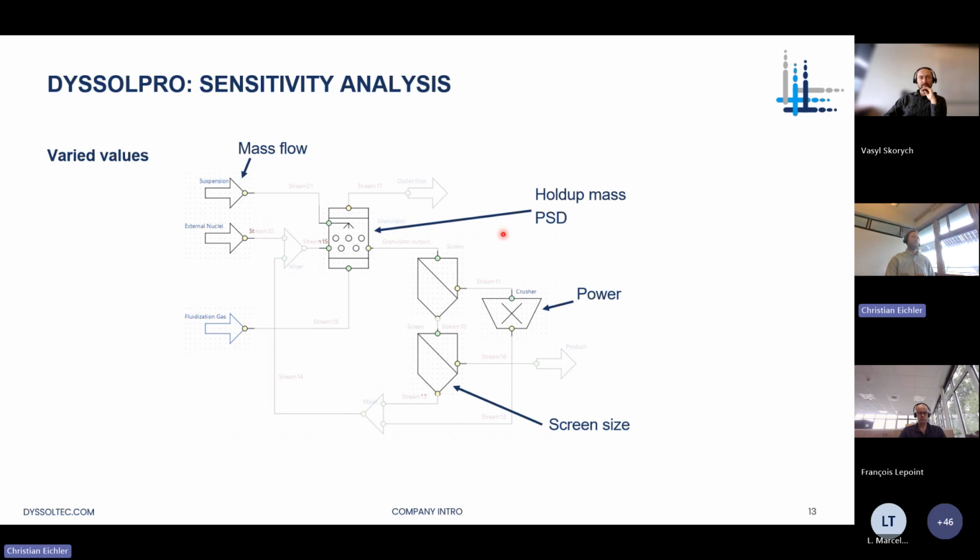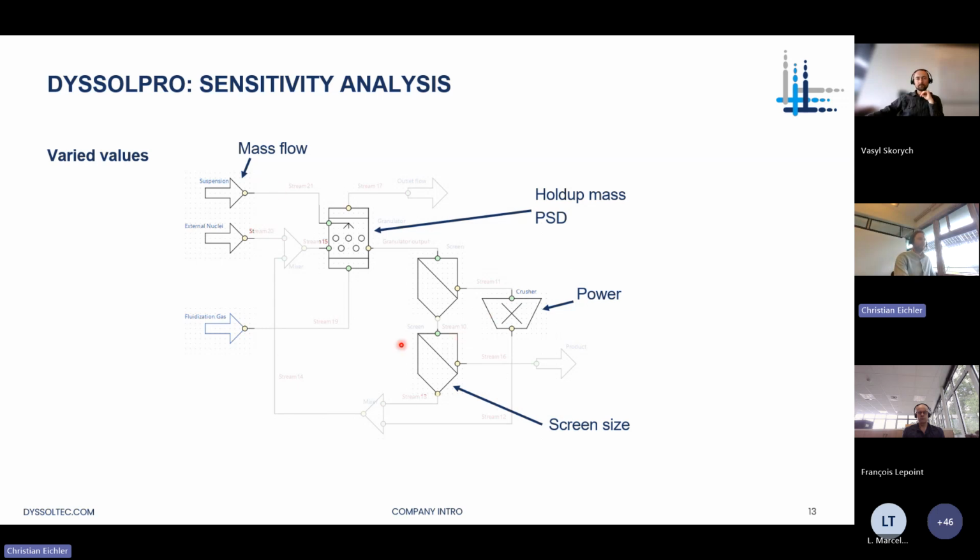Also, you can set the parameters of your process, e.g., what's inside of the process here, like the hold up. The hold up is the bucket in which all the material is inside, let's put it in that way, for dynamic units. Or if you have a mill or a crusher, the power or the rotational speed, and of course, if you have a screen, the screen deck size, or a sifter, you can set the RPM of the wheel, etc. All these parameters you can vary,